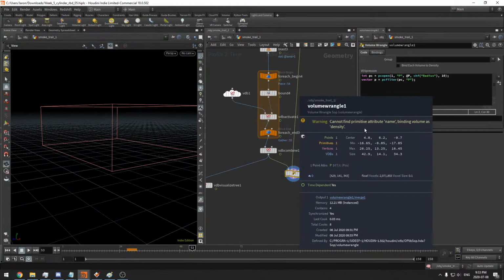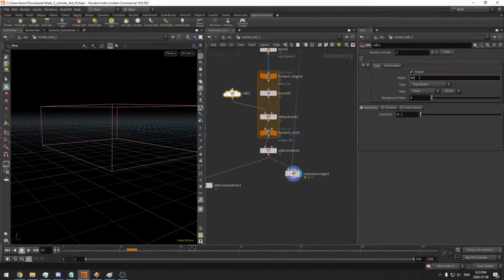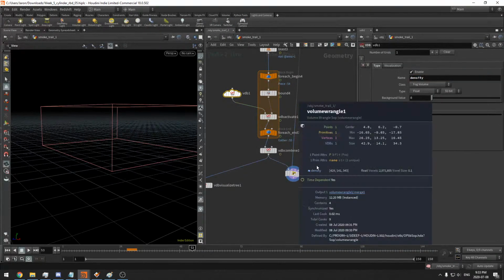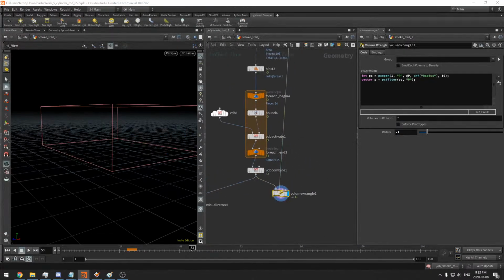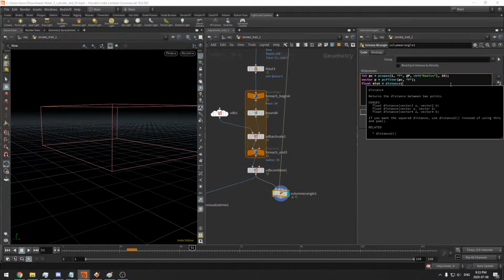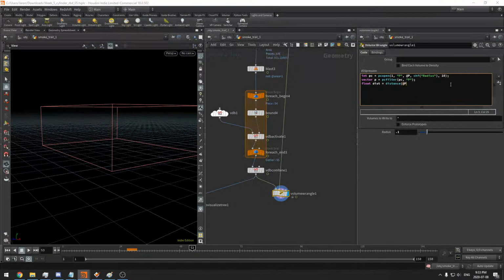It's having trouble because it cannot find the name attribute of density, so I'm going to quickly name this density, and now that'll go away. Then we have an attribute of density here. And now what I want to do is get the distance between those two. So I'm going to say float dist is equal to the distance between my attribute P and the P that's coming in, like so. So let's quickly visualize that. So I'm going to say f at density equals dist,